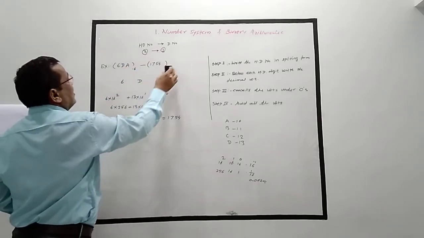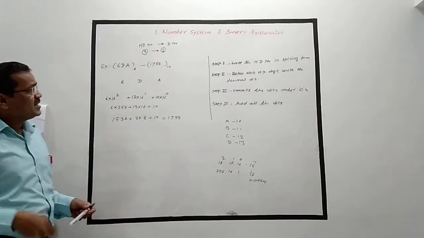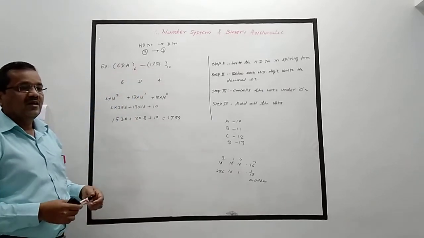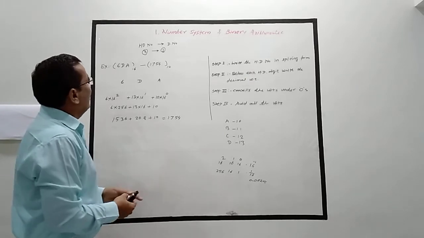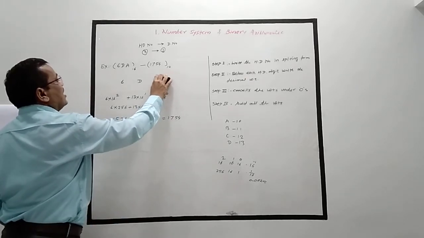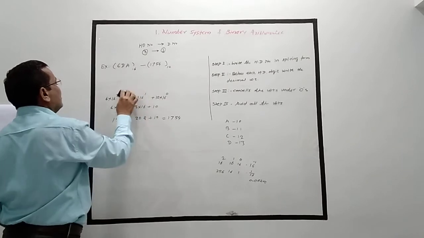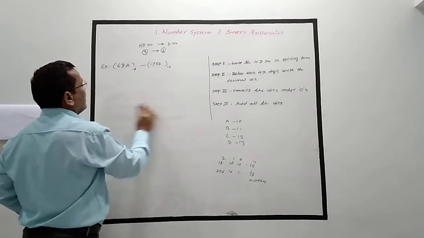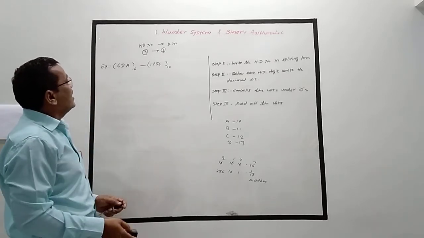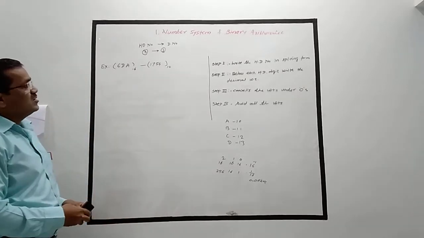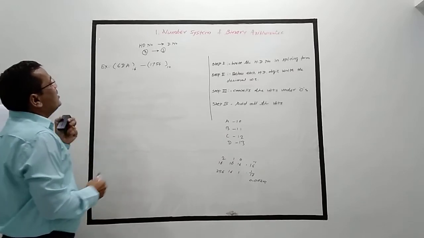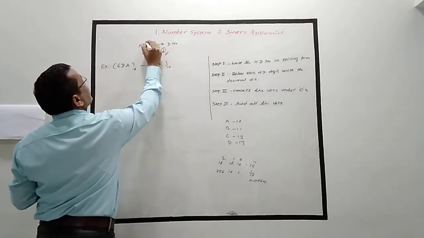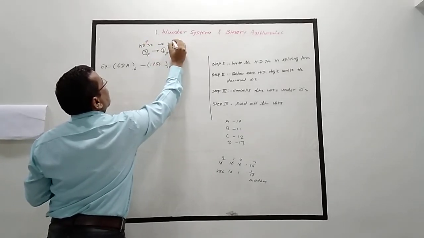Now this is 3 into 1, the next conversion. This is the integral conversion. And we know that the fractional conversion is also available. Hence, our next point is how to convert HD fraction into decimal fraction.